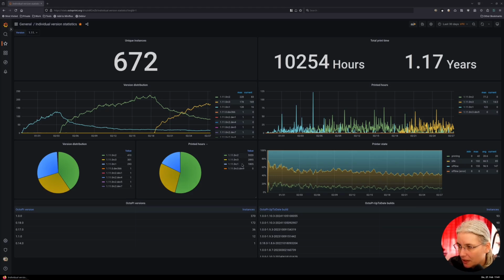That splits between the RCs like that, and you can see that obviously, since the most instances were seen so far with RC2, that's also what saw the most print time so far. And that is basically the current insight into the RC phase, and what I also use in order to figure out whether testing has been enough, or whether people actually are testing.